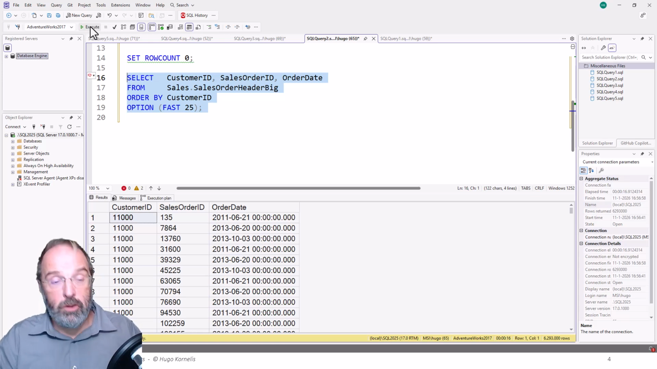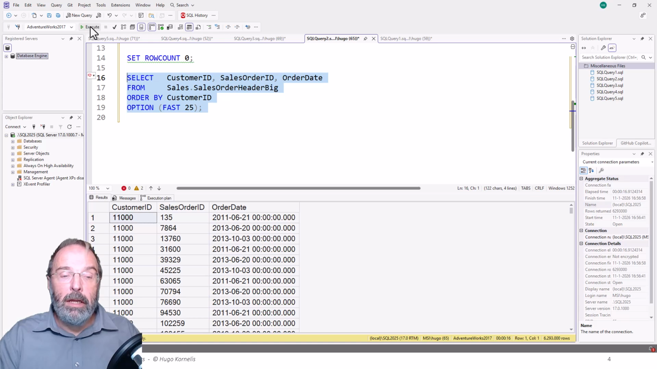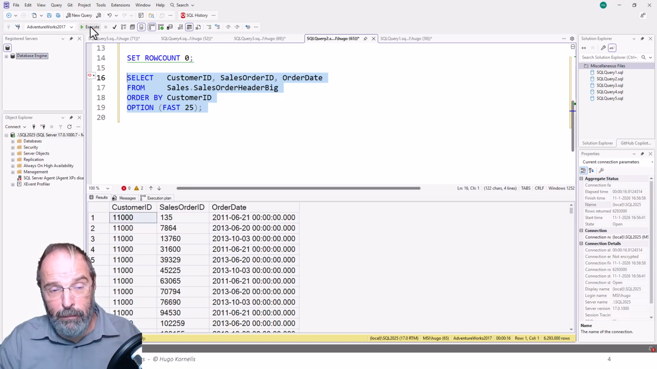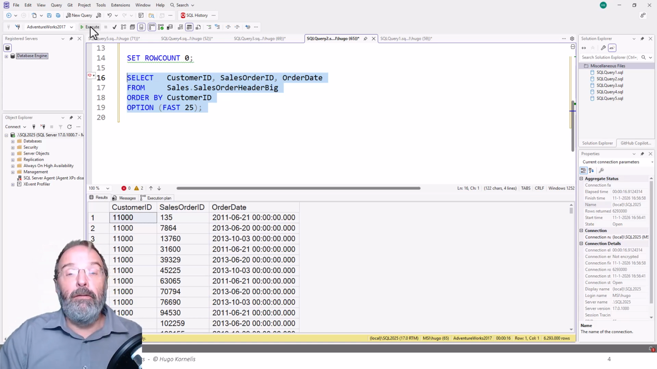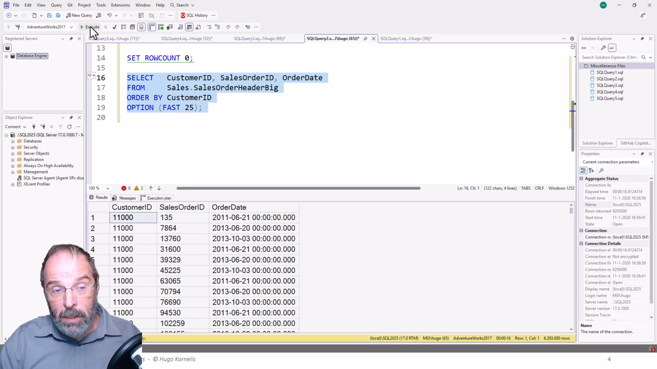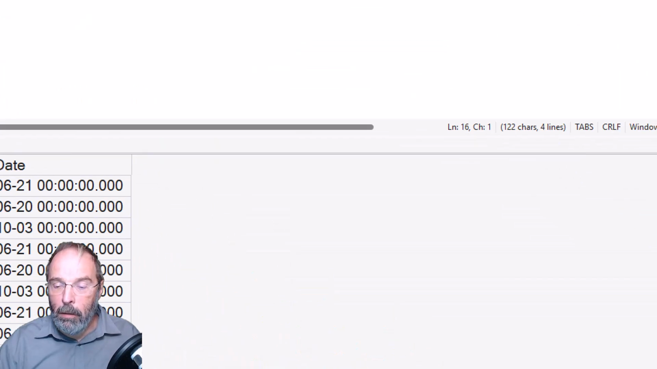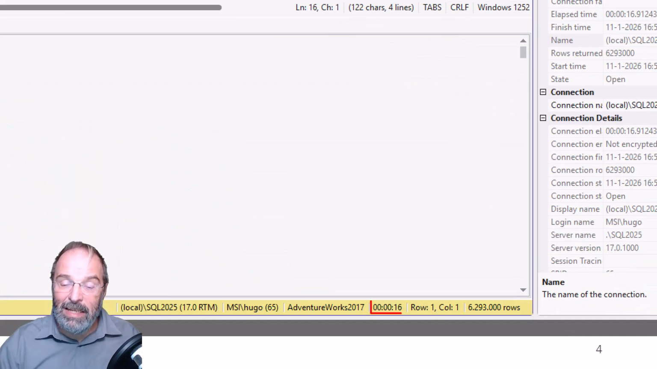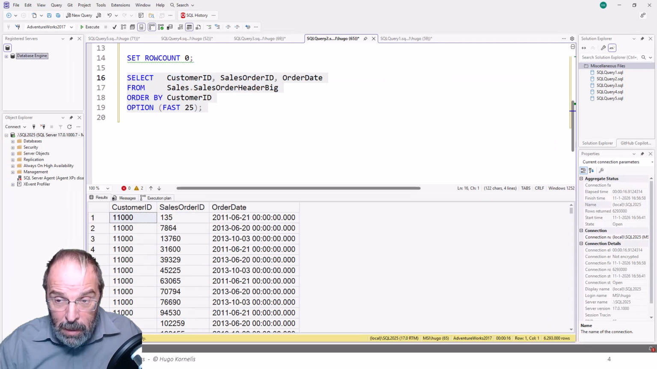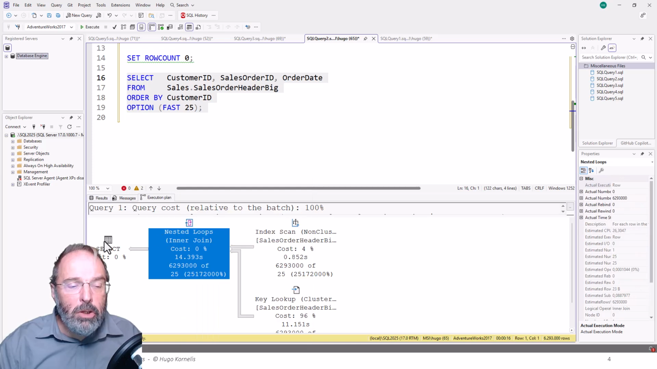But the full description of the fast hint is not just give me the first 25 rows very fast. It is give me the first 25 rows very fast, even at the expense of total query cost. Now, the query has finished by now, and it took 16 seconds to produce all 6 million rows. That's about the same as what we had without the hint, but in this case it was actually SQL Server